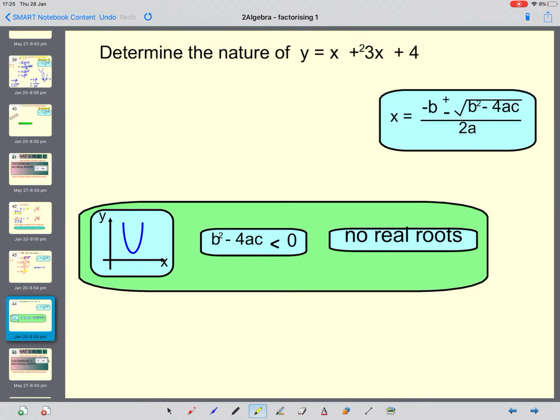So here we go. Here's my b squared minus 4ac, my discriminant. If that's less than 0, i.e. if it's a negative number, I have no real roots. It means it does not cross the x-axis. So you've still got a parabola, this is my parabola here, but it is not crossing the x-axis. We'll come on to more examples of this a little bit later,